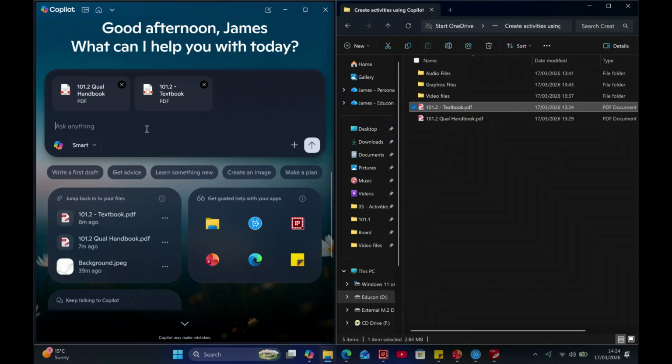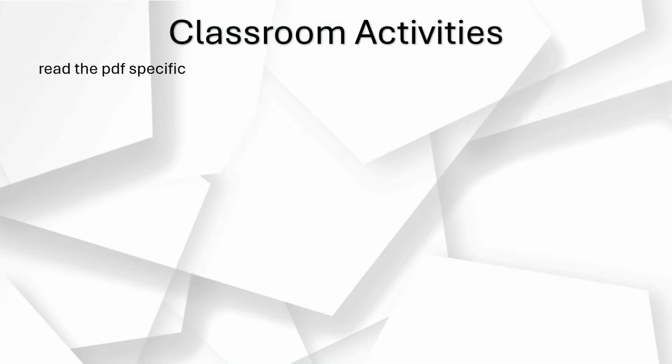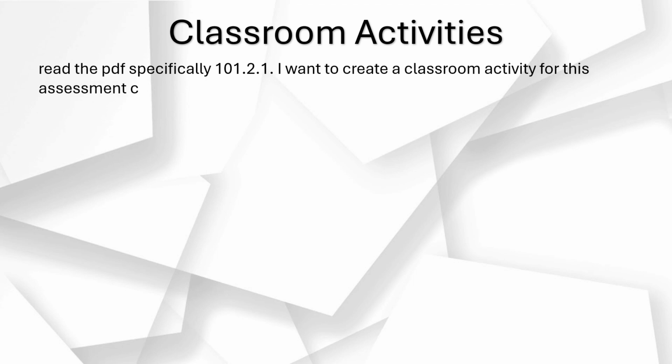I am now going to tell Copilot to read the PDF files, but to pay specific attention to the module that I'm creating the activity for. Let's take a look at the instruction in more detail. So, I am telling Copilot to read the PDF and the specific module I want to create this activity for, which in this case is